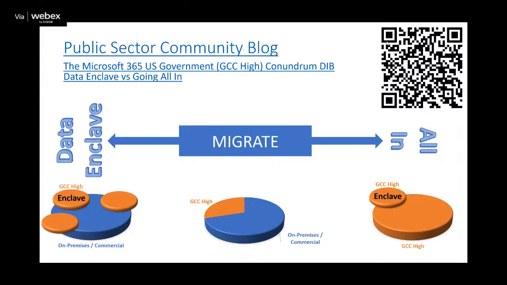So this whole concept of a Meet Me tenant would be that you could set up an enclave, whether it's complementary to your commercial side on-premises deployment, or even if your organization is deployed into GCC High as an enterprise, still having a Meet Me tenant or an enclave that would be designated almost like an extranet, if you will. And historically, an extranet would be like a DMZ, demilitarized zone, where you could invite external users in, share content with them without necessarily giving them access inside your